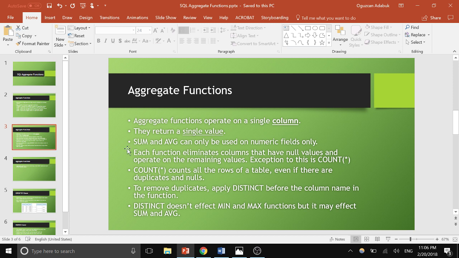Now there are a couple of interesting details about these functions, so I'm going to go over them quickly. First of all, they all operate on a single column. Remember, a data table is made up of rows and columns, and aggregate functions operate on a single column, and they return a single value. This means that when you call the sum function, it's going to give you one single value. It's not going to return a column or a row. Same as the other functions: average, minimum, maximum,